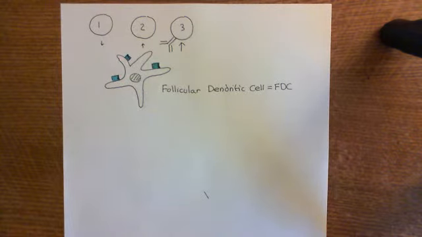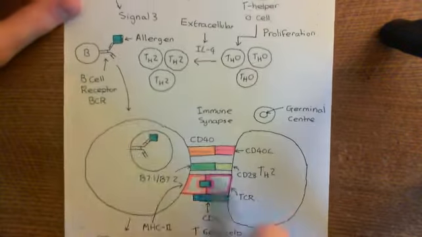So what will happen then is the allergen will bind to a B cell receptor on the surface of a B cell, and that will be internalized. The B cell will then present allergen fragments on MHC class 2. It will have co-stimulatory molecules on its surface, and it will find a T helper 2 cell also within the lymph node. And generally to do this, what happens is these activated B cells, that have had the antigen bind to their B cell receptor,